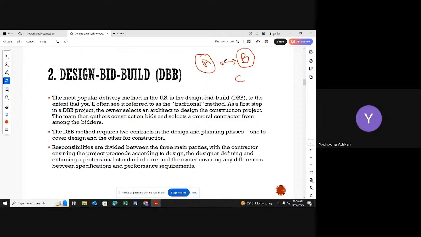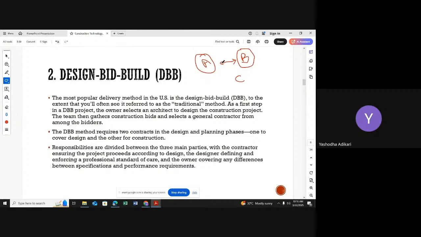That is a disadvantage of this project type. Actually, for a small kind of project, this is applicable. I'm not saying this is not applicable for other projects. In Sri Lanka also, we are following this design bid build procurement method a lot of the time. In front of large scale projects, they show a name board. In that name board, they mention the designer, procurement type, client, contractor, project name, everything.